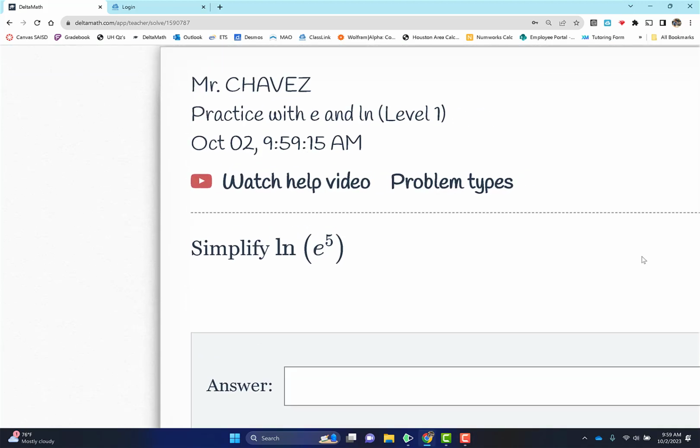So look at this. It says simplify ln of e to the 5th power. So remember that e and